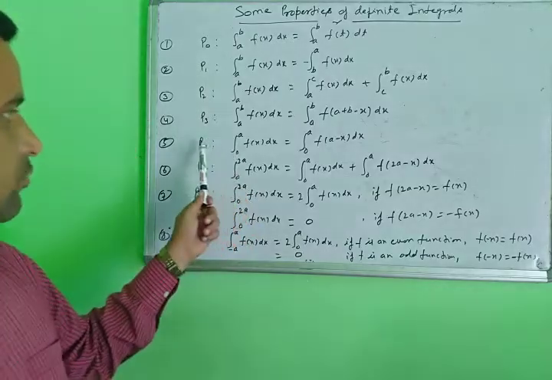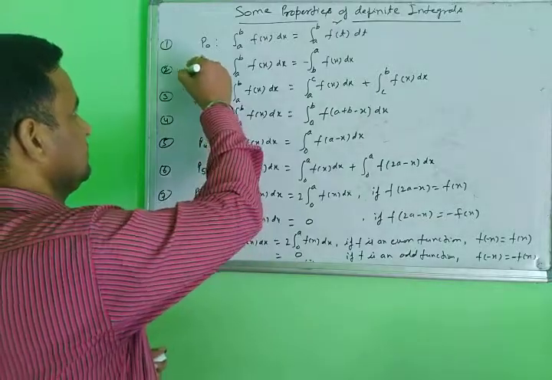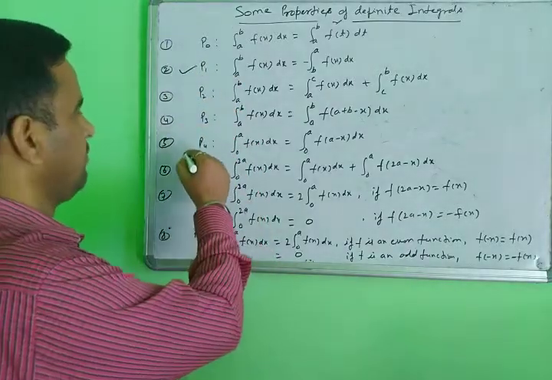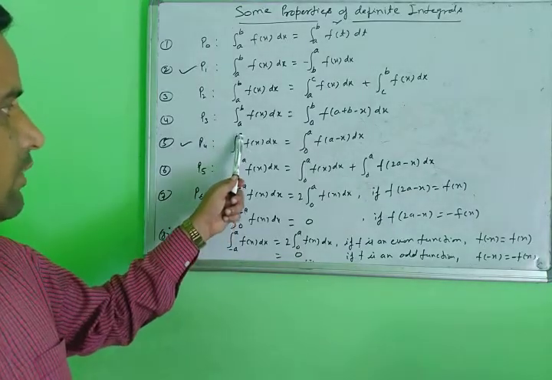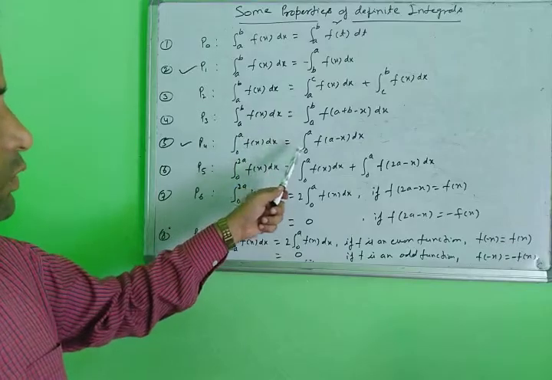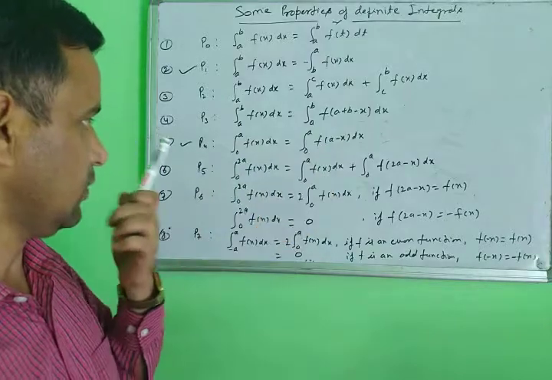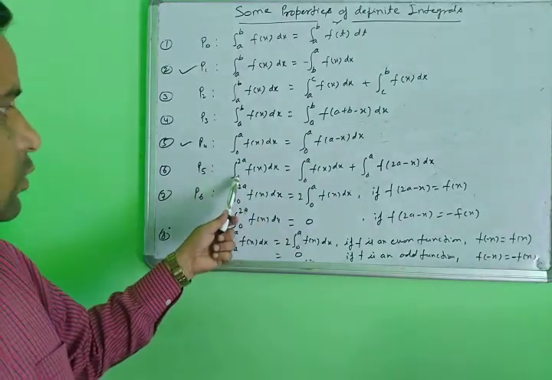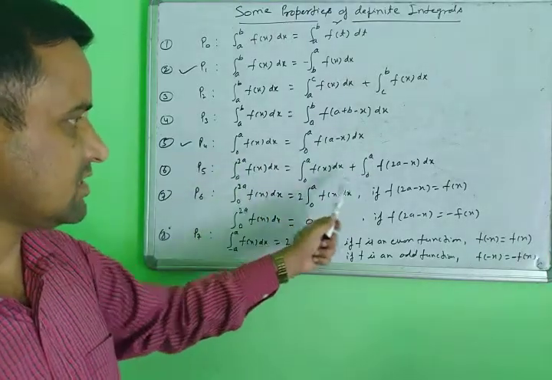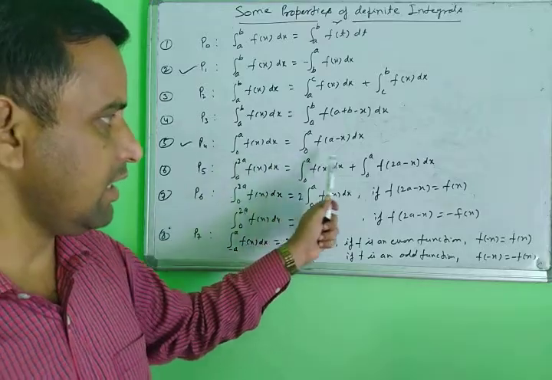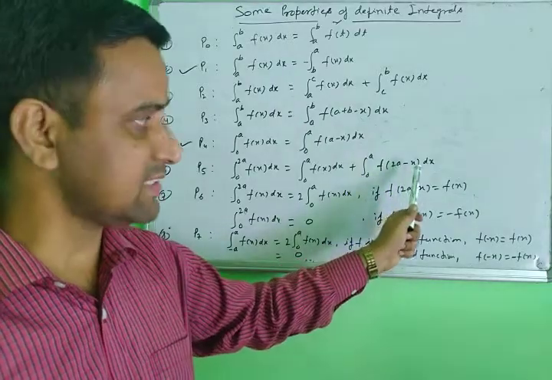Then property number 4, a very important property that is mostly used, along with P1. This is a very important property, mostly used. The integral from 0 to A of f(x) dx equals the integral from 0 to A of f(a minus x) dx. Then you can use this property. The second important property: the integral from 0 to 2a of f(x) dx, where 2a breaks down into A and A. The lower limit is the same, but the upper limit breaks down into A and A. The first function is the same, f(x) dx, but the second function changes to f(2a minus x).